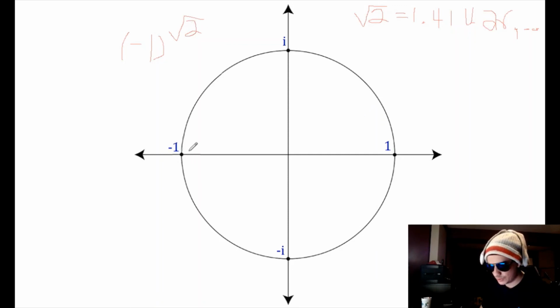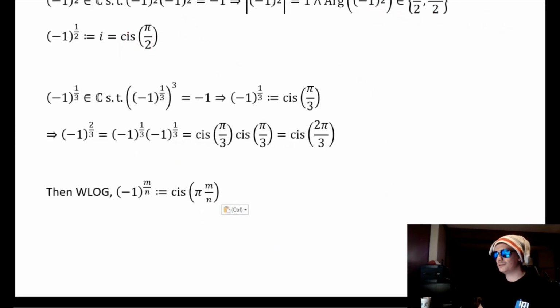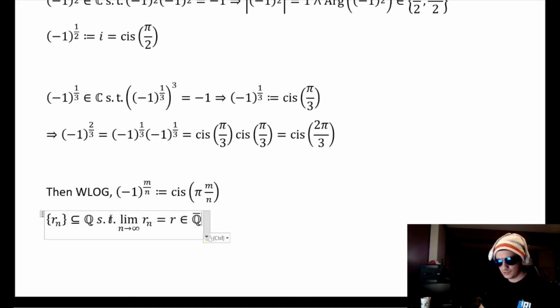So -1 to the 1 is over here. Then over here. Then -1 to the 1.4 is over here. -1 to the 1.41 is over here. 1.414, 1.4142, 1.4126 just keeps getting smaller and smaller, and it approaches it on this unit circle. Well, we can say this rigorously as: if we have a sequence of rational numbers such that it approaches an irrational number,